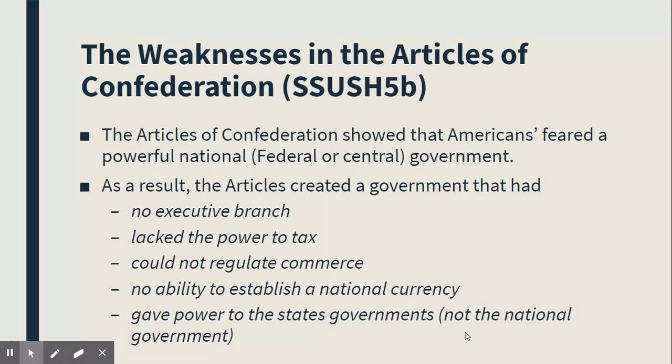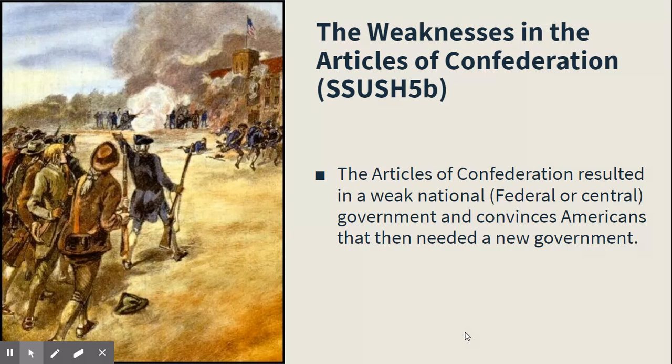Okay, all right, let's see. Number 5. How did Daniel Shays' rebellion impact the Articles of Confederation? What this was, you had all these poor farmers who wanted to rebel against the government, a government that had promised to pay them, but had not. And then they were still getting taxed. So the Articles of Confederation resulted in a weak national government, and it showed.